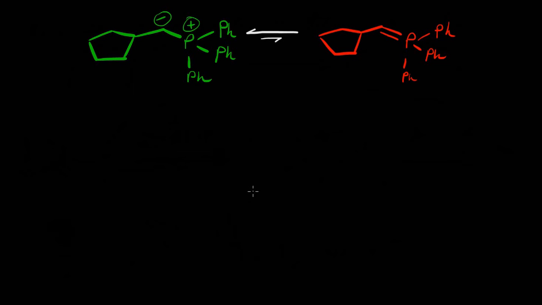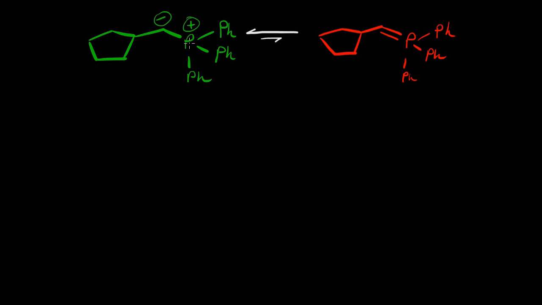So let's assume that you're given this picture up here and you're asked this sort of question: why is the ylid in the Wittig reagent the more contributing factor of the resonance, compared to its counterpart having the double bond? And so in my last video, I just broke it down simply and said, well, if you look at